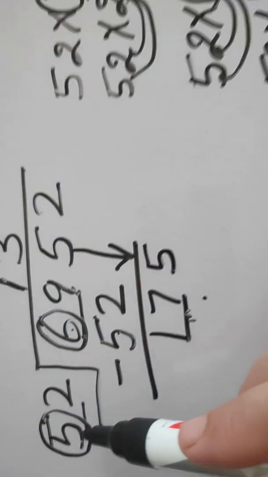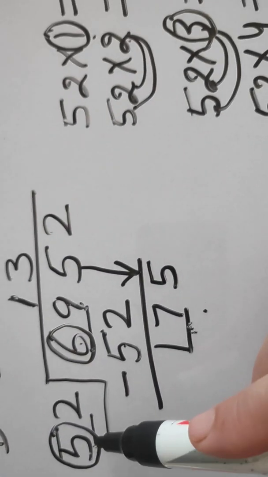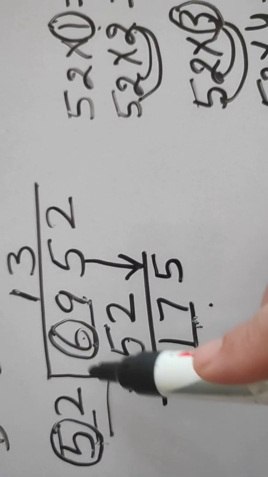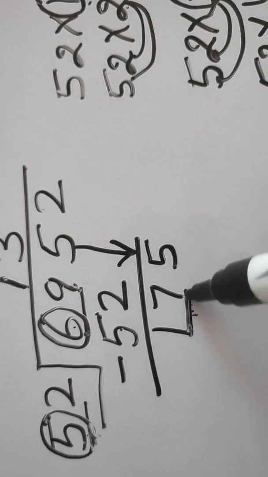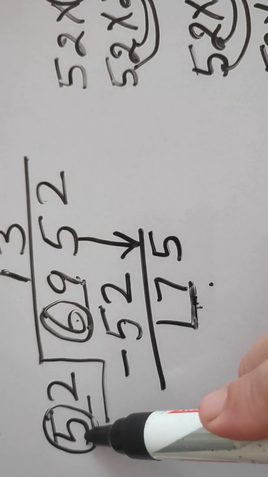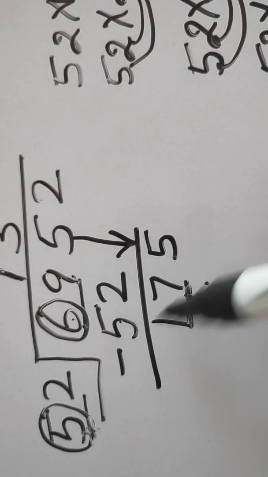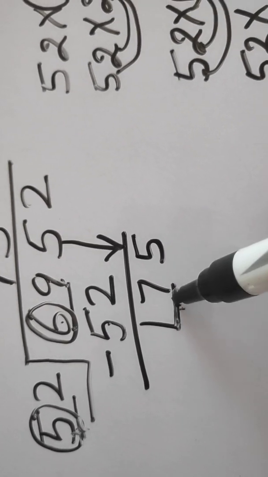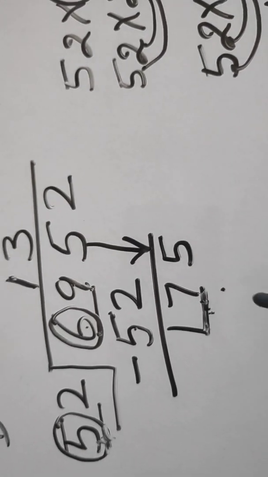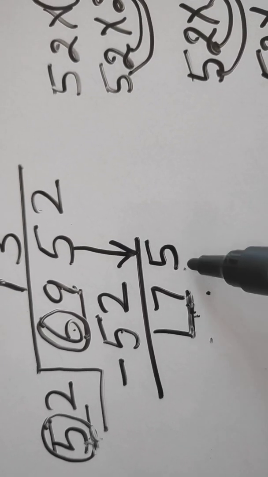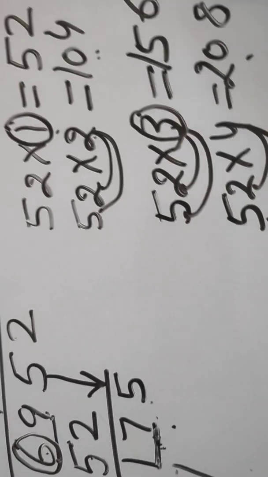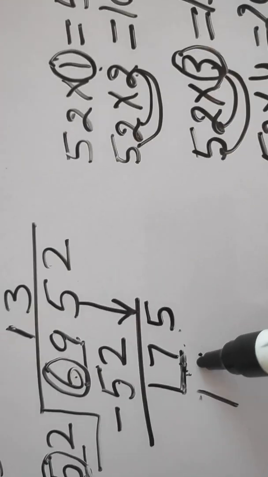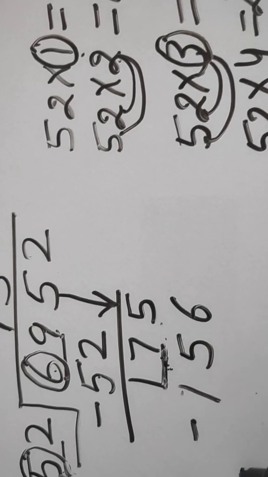How do we get to know that the table goes on 3? We did not know the table of 52. We have taken the first digit, and from the dividend we have taken 2 numbers. We read the table of 5 near about 17: 5 threes are 15. We got the idea that we multiply 52 by 3 to get the number here. So what is the product? The product was 156, that we will write under this.